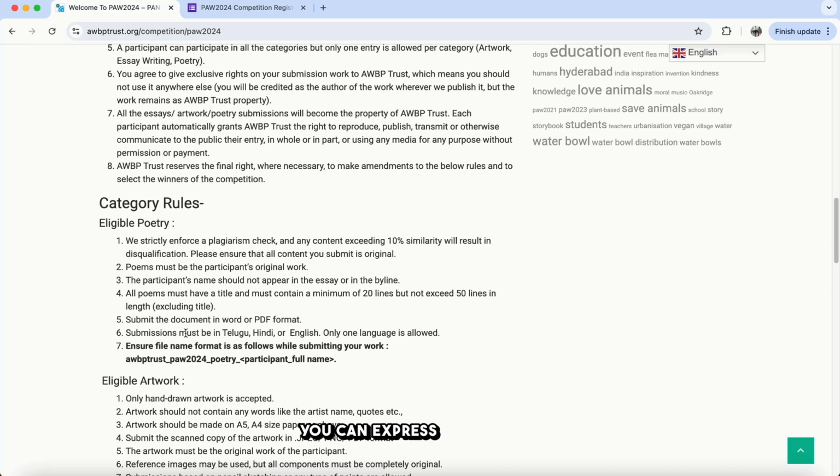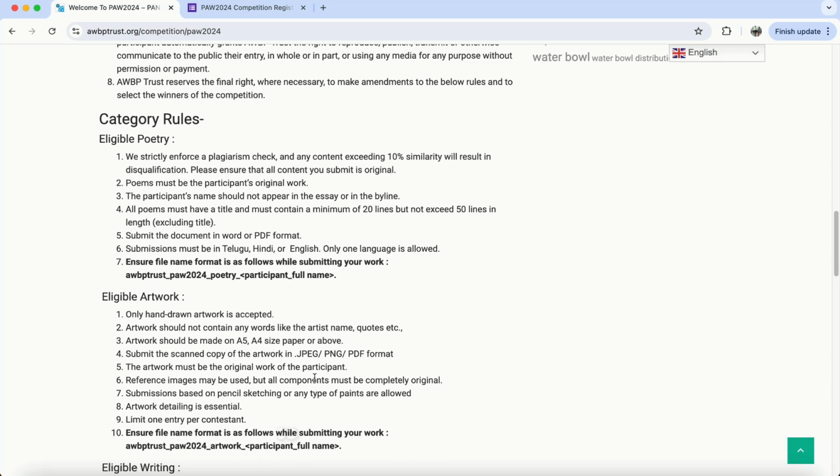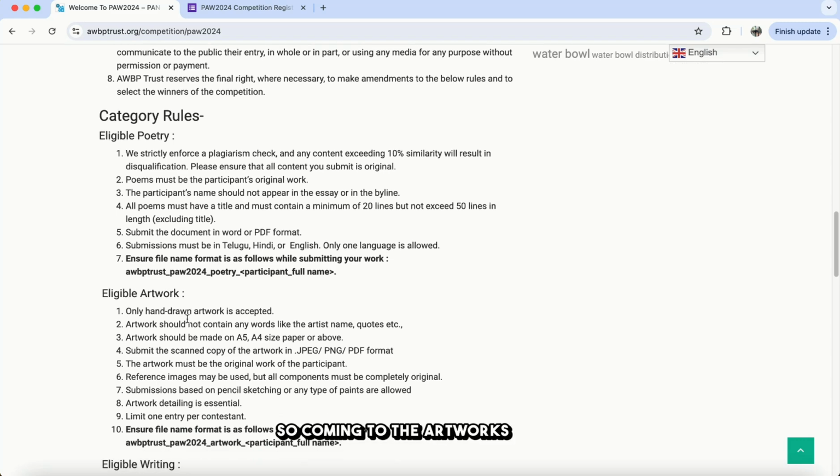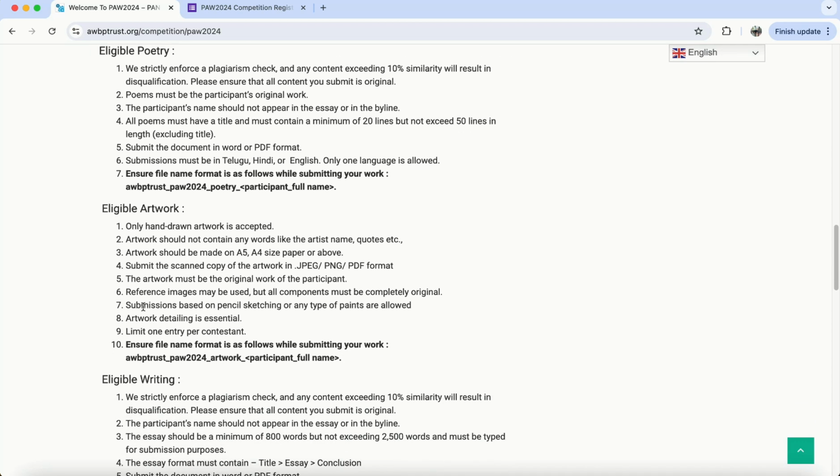And the file name, when you save the file once you've completed the poem, see that the file name is saved as mentioned: AWBP Trust underscore PAW2024 underscore poetry underscore your full name. So this will simplify our work. So please see that you follow the file name format. So coming to the artwork rules,